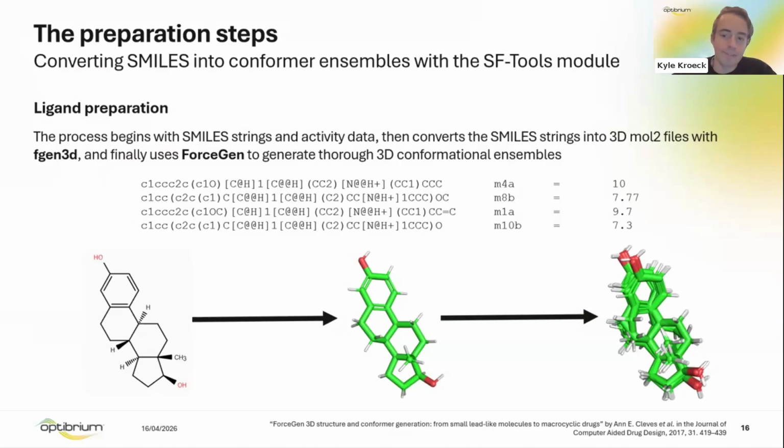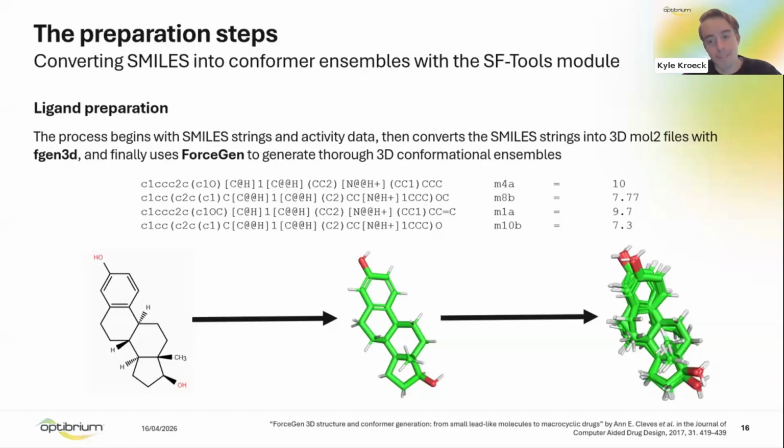This preparation phase is a rigorous three-stage algorithmic pipeline. First, we address chemical state enumeration, which is often a point of failure in 3D modeling. We do not simply convert 2D strings to coordinates. We enumerate the full landscape of tautomers and protonation states. This is critical because a protein binds a specific physical entity, and a change in tautomeric form or protonation state can completely reconfigure a ligand's hydrogen bonding profile and electrostatic surface. So by enumerating these states, we ensure the model identifies the most biologically plausible form during induction.